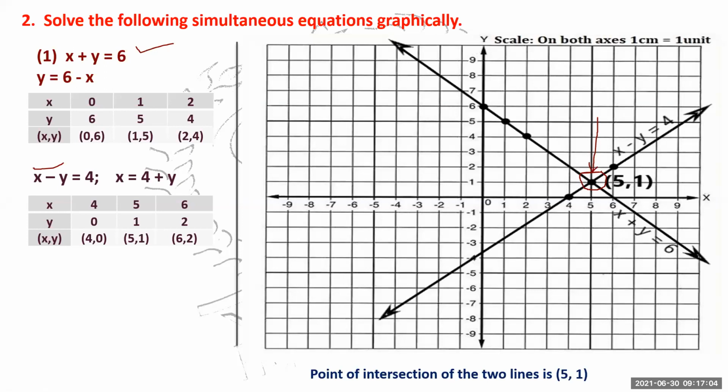But one more important thing, the scale. You get half marks for showing the scale. Otherwise the exam is going to reduce your marks if you don't show the scale. It is going to remain the same on both the axes: 1 centimeter equals 1 unit. Because on the graph paper, you know this distance is how much? 1 centimeter. Understood? So you can directly write on both axes 1 centimeter equals 1 unit.